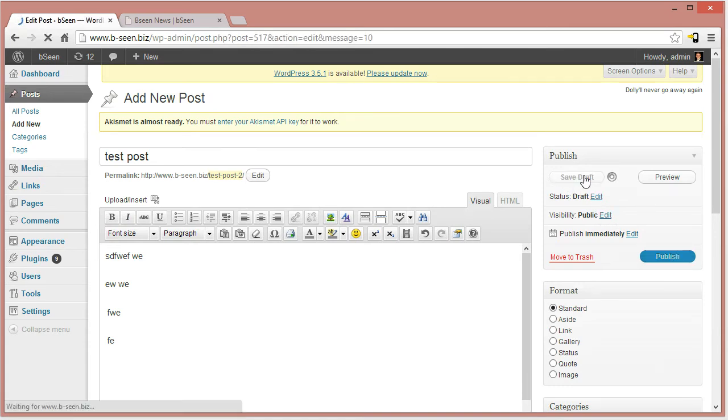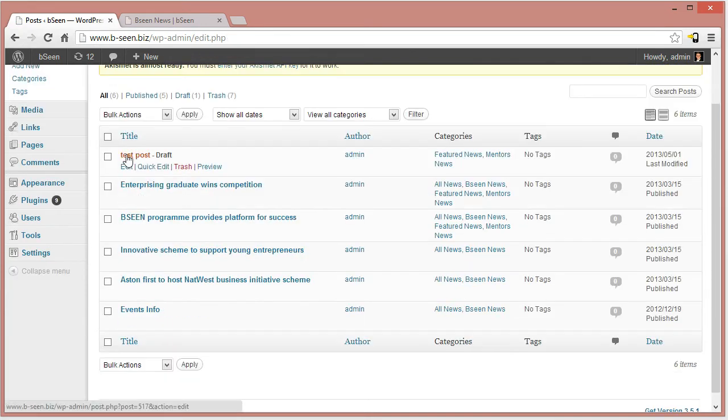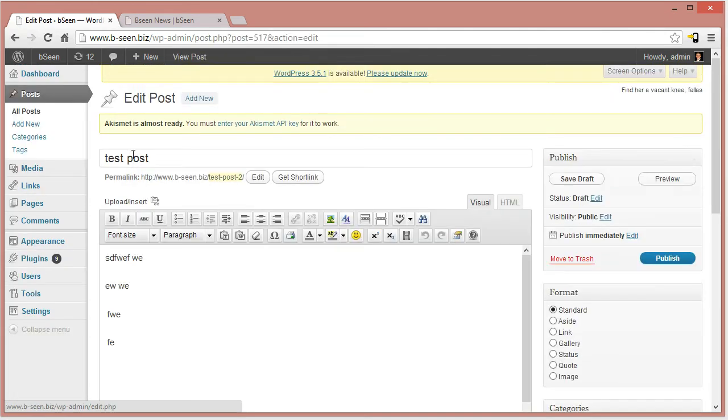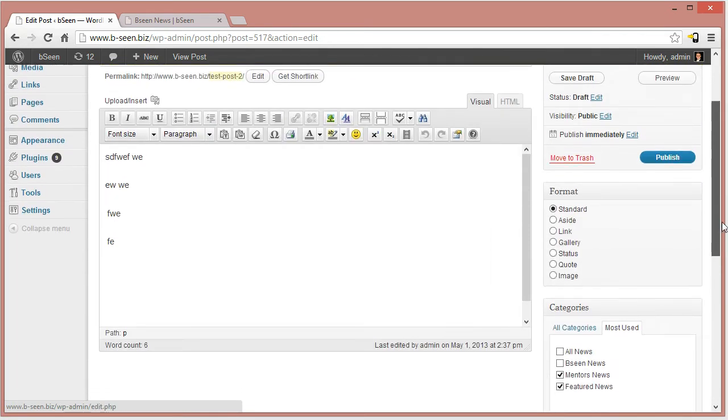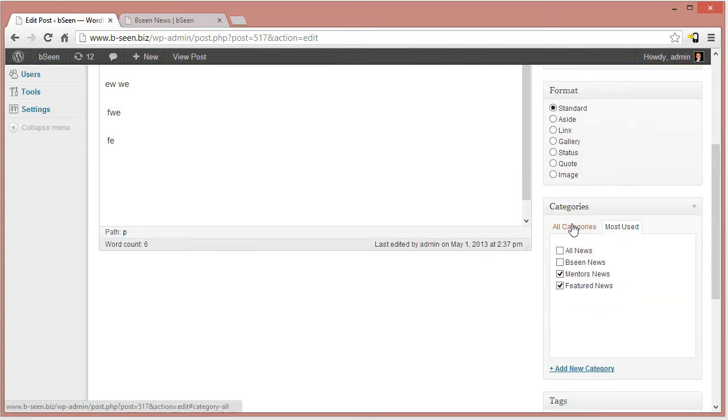You see, we can save it, and if we were to then look at all posts, we would see that there's a post in here called draft. Now, things that have been added as a draft or not published might be things from students. Something that you're going to need to do throughout this system is logging in and approving people's posts, and you do that by essentially looking at the post, seeing it's a draft, checking the content's valid. You then check that the format's standard, you check that it's in the categories you want it to be, so clearly